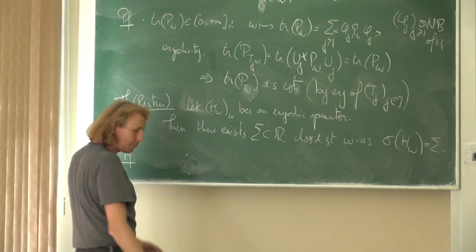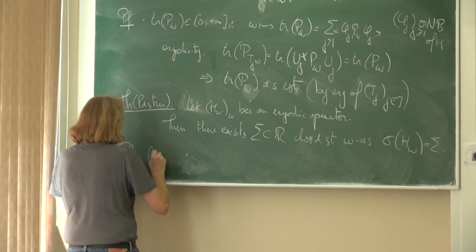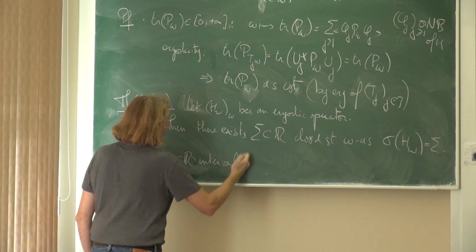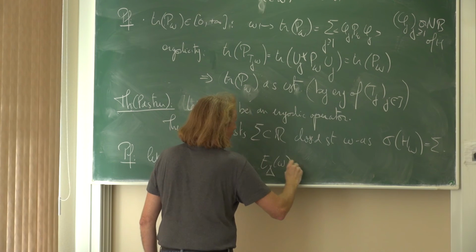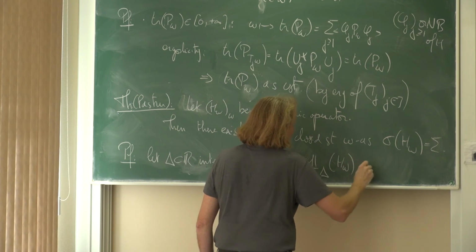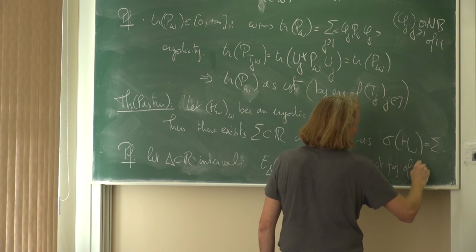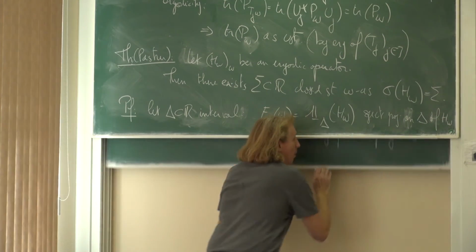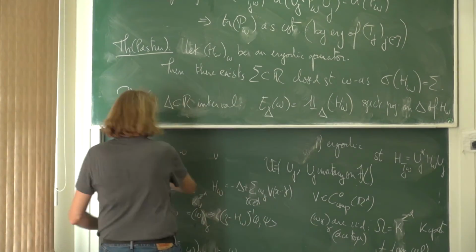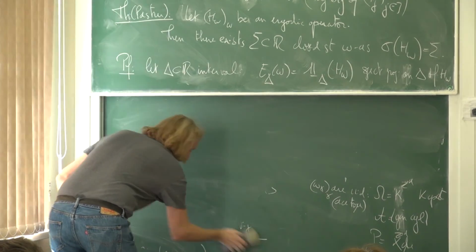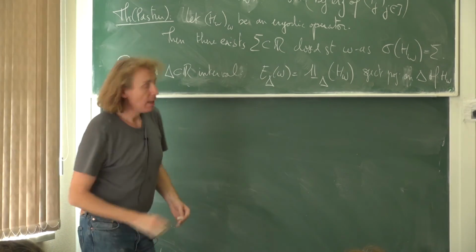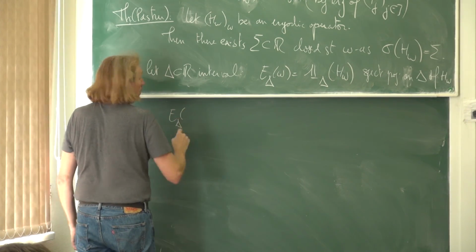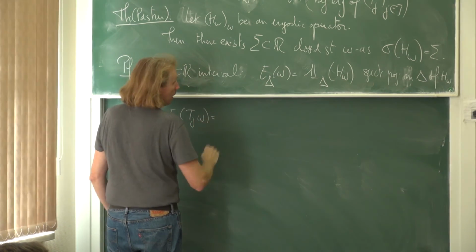Because they have something really in common. So the proof essentially boils down to this: let delta be an interval, and I define E delta of omega. This is just a spectral projector of H omega on the interval delta. Okay, and what happens? So, of course, E delta of Tj omega is going to be, well,